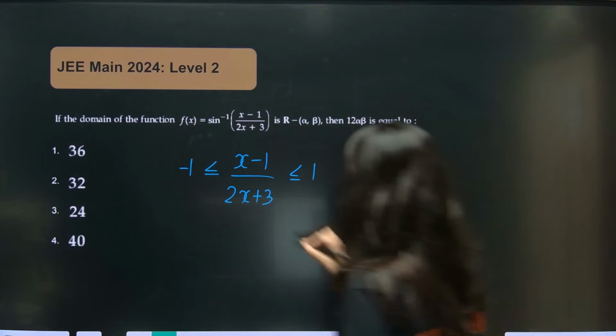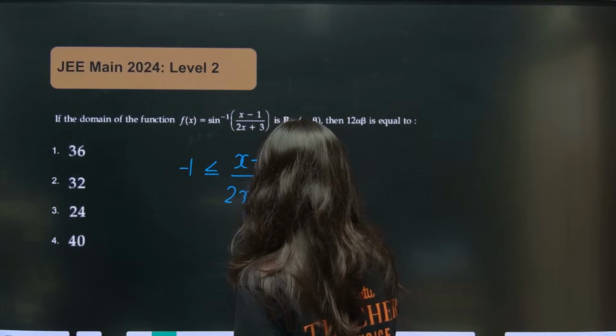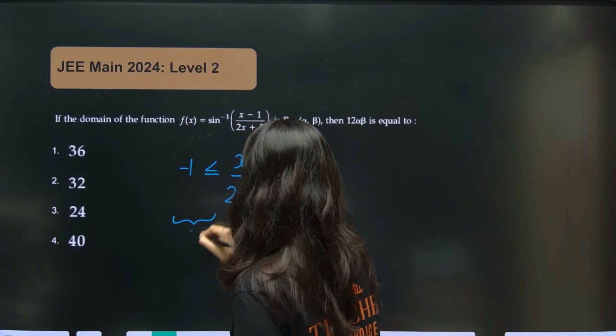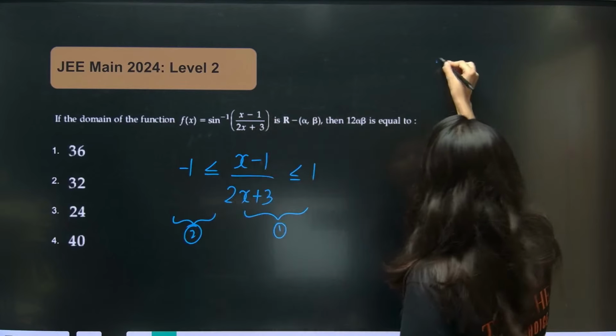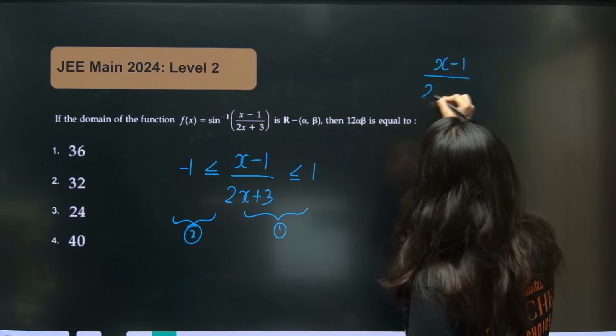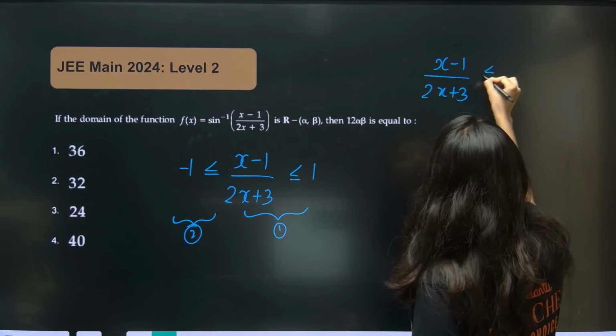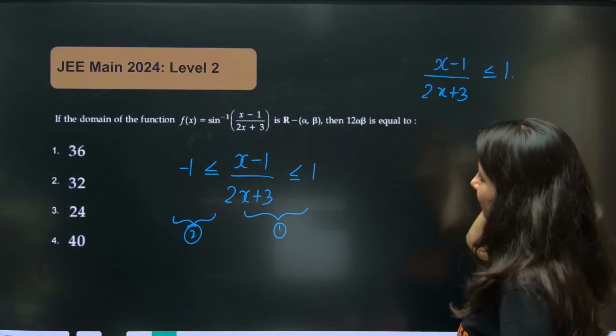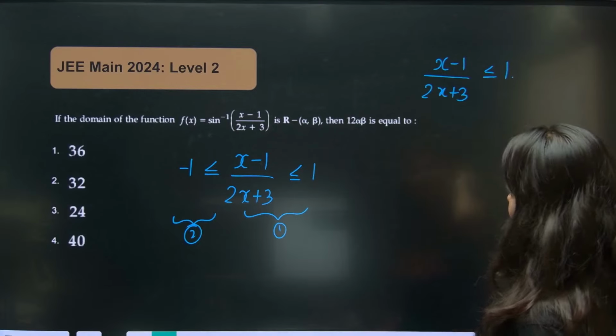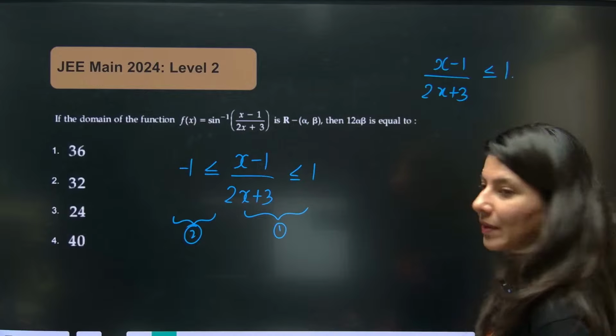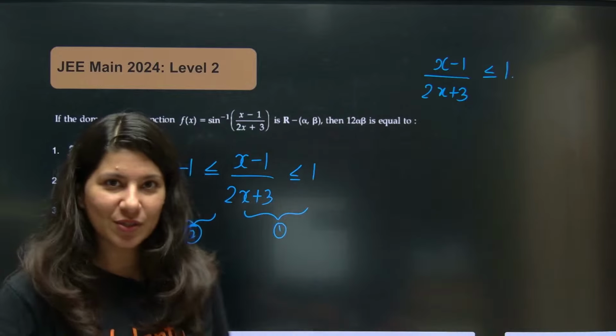So now you need to solve two inequalities, first and second. Okay. So (x minus 1) upon (2x plus 3) less than or equal to 1. Okay. By the way, there is a short trick also, I'll tell you